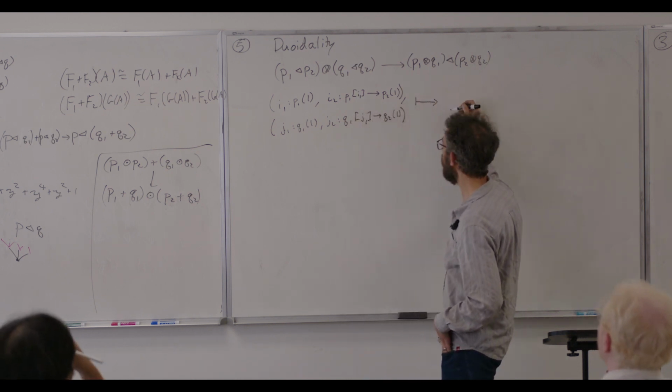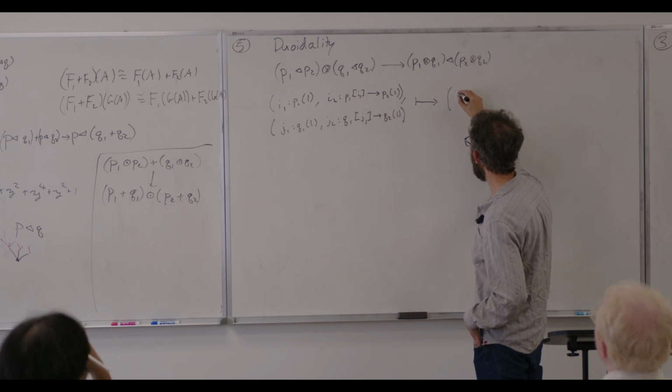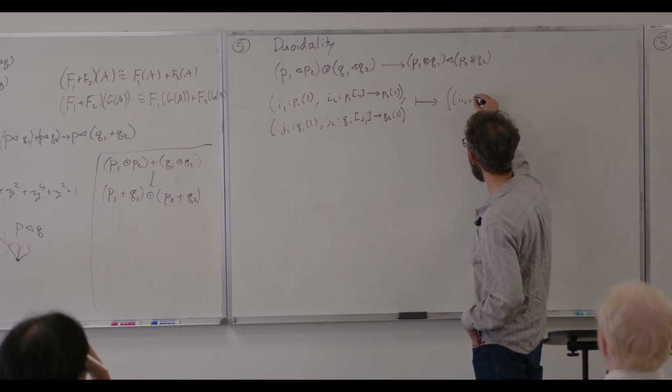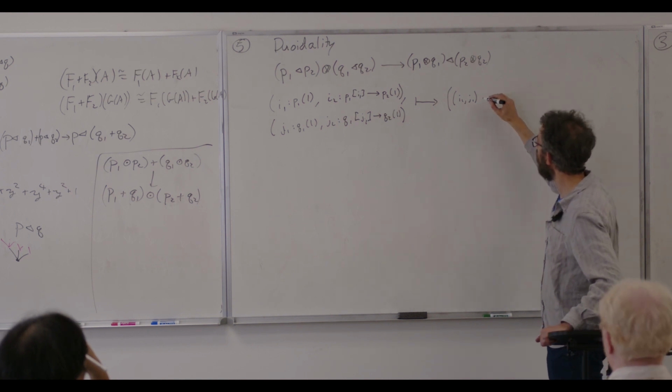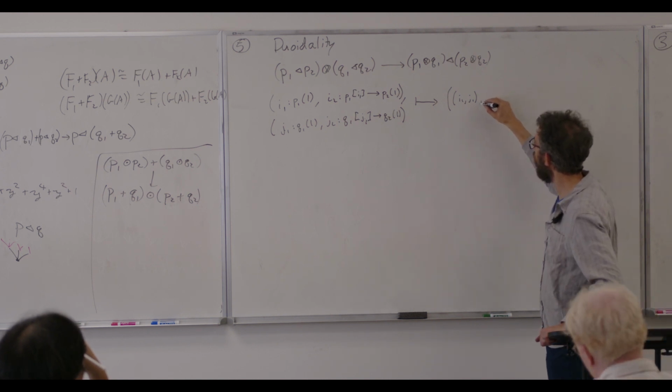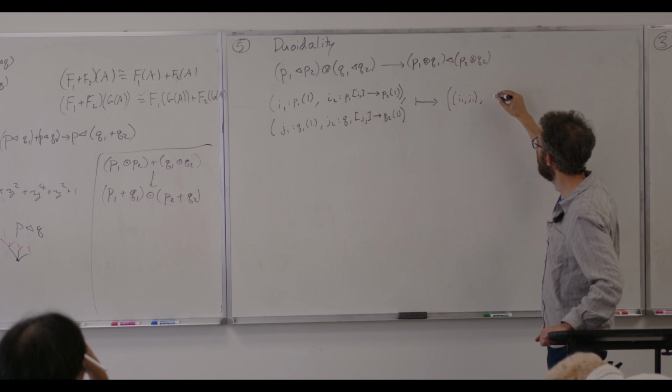This maps to I1 J1. This is a map on positions. I1 J1, comma, the function that takes